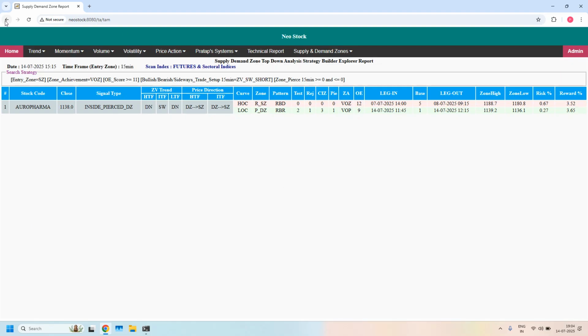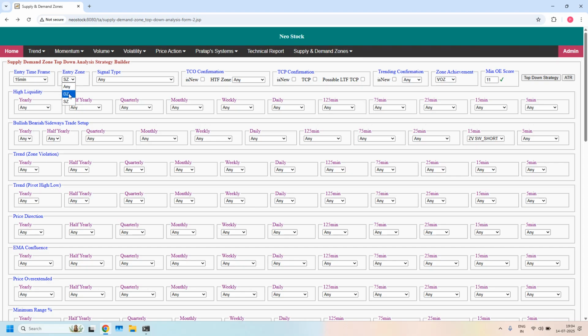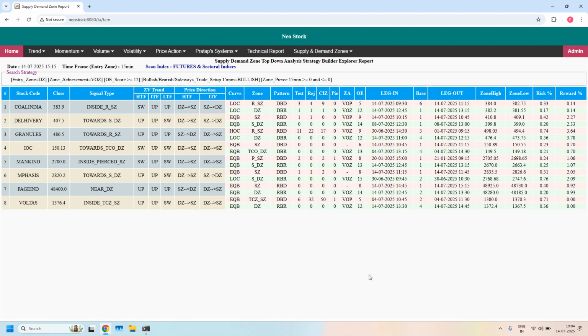Okay, next bullish trade setup 15 minutes demand zone, and here bullish and minimum order enhancer score 12. With these filters, we got 8 stocks. Bullish trade setup for daily income trade. Entry time frame zones are 15 minutes demand zones. Okay, out of these 8,